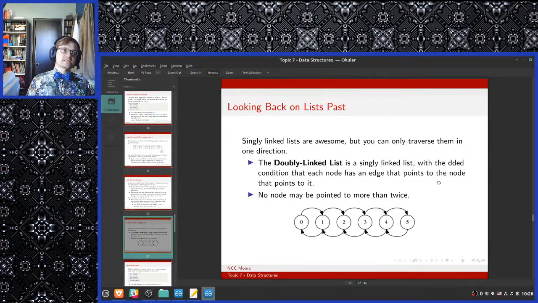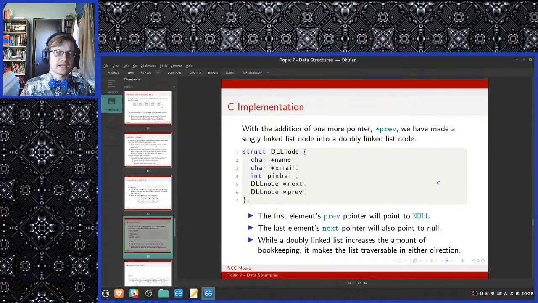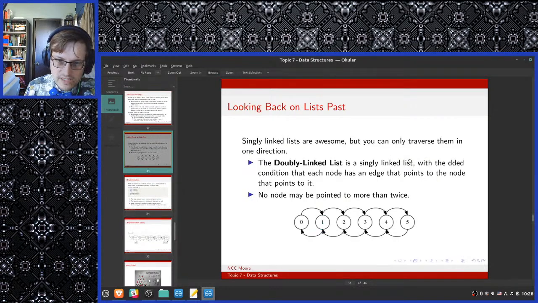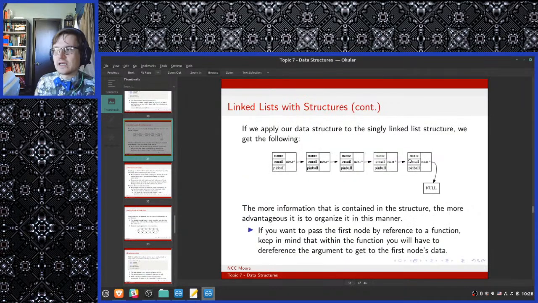A doubly linked list is basically the same idea, except it's got a pointer for the next node, and it has a pointer for the previous node. So doubly linked means that it links itself twice, right? The reason that you would want to do this is that the problem with a singly linked list is that you can only go one direction, right?